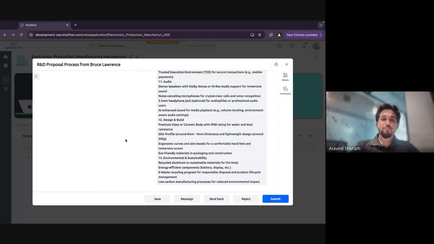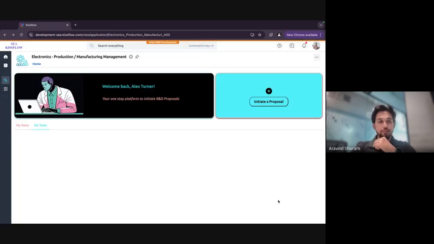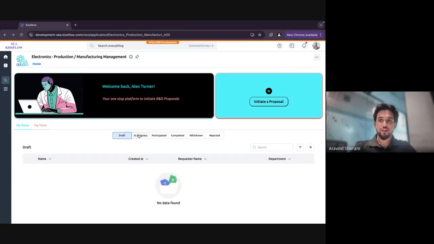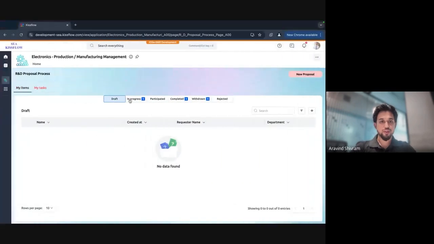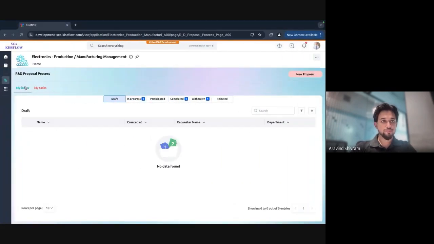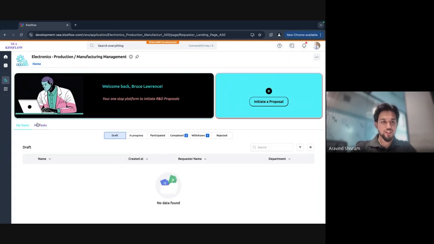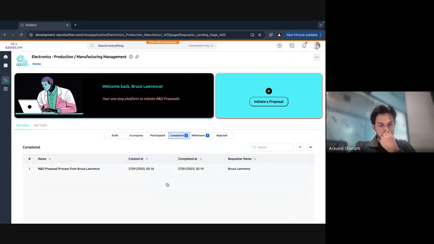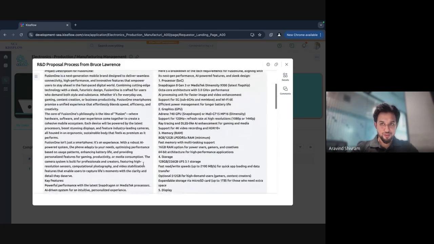So that's how it's done. And as an approver of this item, I'll be able to reassign or delegate this to a different user, or send it back to Bruce himself for any changes, or reject this item or approve this item. So now in this case, let me quickly go ahead and submit this item. So the moment I do this, the item is getting approved, and the same would be reflected on Bruce's screen as well. So as you can see, I'm jumping into Bruce's dashboard screen, and you can see my item has been completed over here.